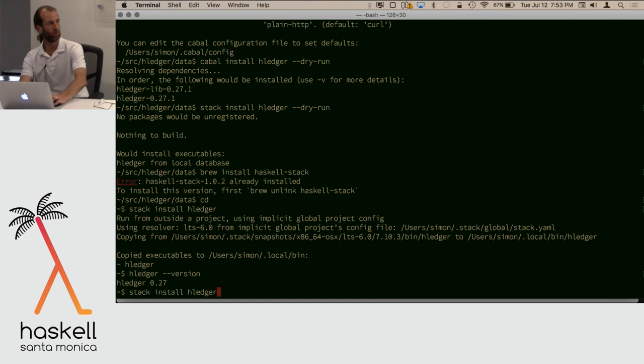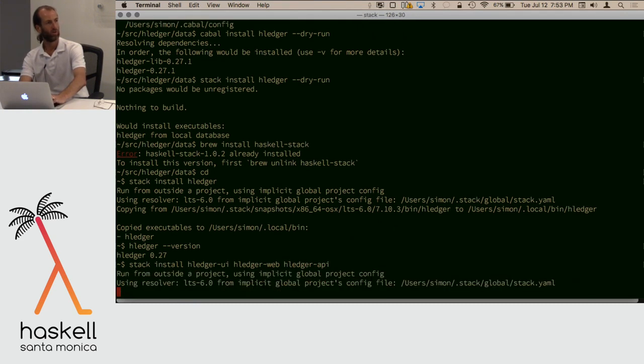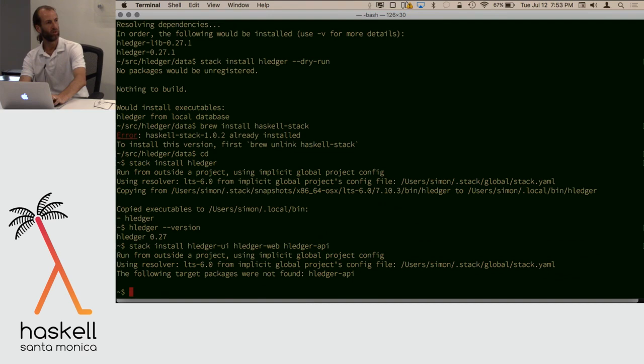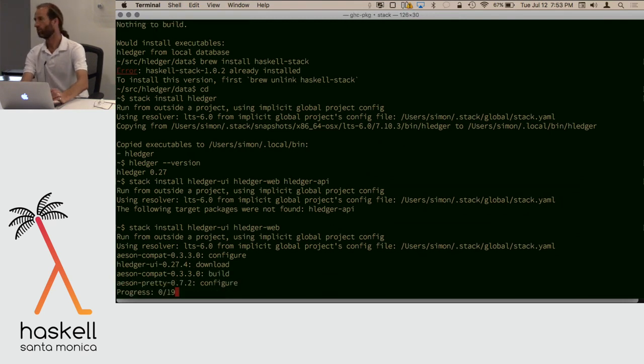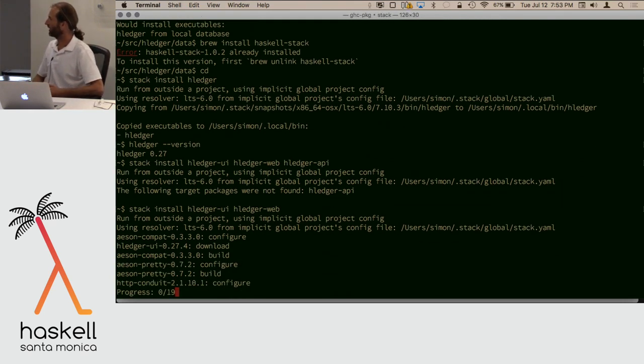And of course, if I wanted the other stuff too, these are also packaged. So let's get those. And there's also this. Hledger API is not packaged yet. Okay, skip that one. Okay, so if you're doing this for the first time, as a first-time Stack user, this